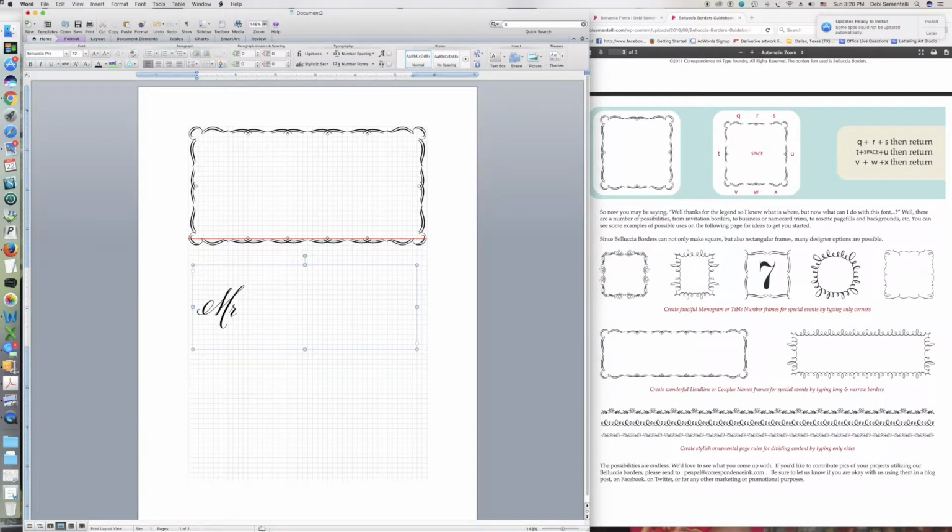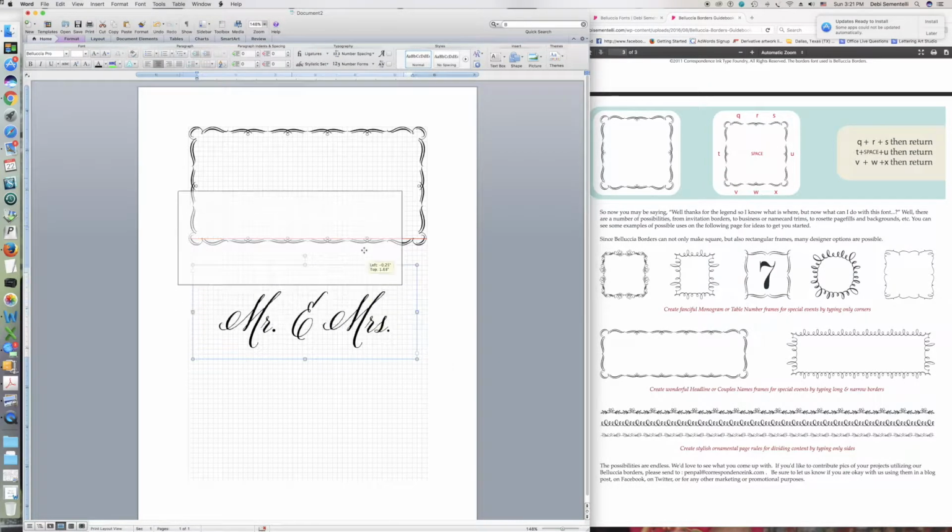I'm going to hit Mr. and get an ampersand and Mrs. Now I want to center this, so I'm going to highlight it and go up here to the menu where it says Center Text and put it there. So I can probably go a little bit larger, go up to 95. And now I'm going to move that. Okay, so if I wanted to,